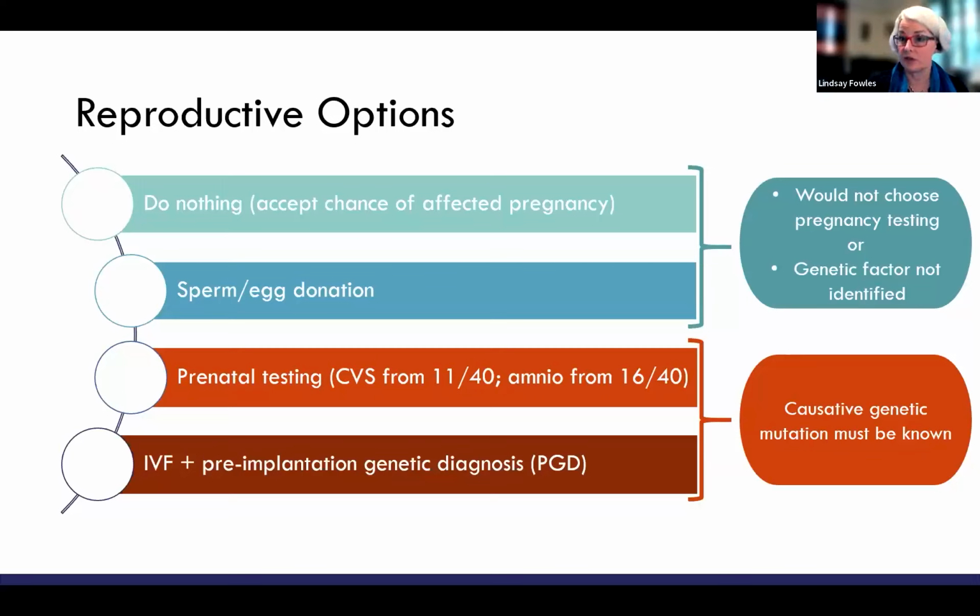Just flagging that this is not an easy path, and for couples where there is no fertility problems, there is no guarantee that they will get pregnant via this pathway. There's no easy path to an unaffected pregnancy when the genetic factors are known. These are all challenging pathways. And I would recommend that anyone who's considering these pathways, that they go and get experts.